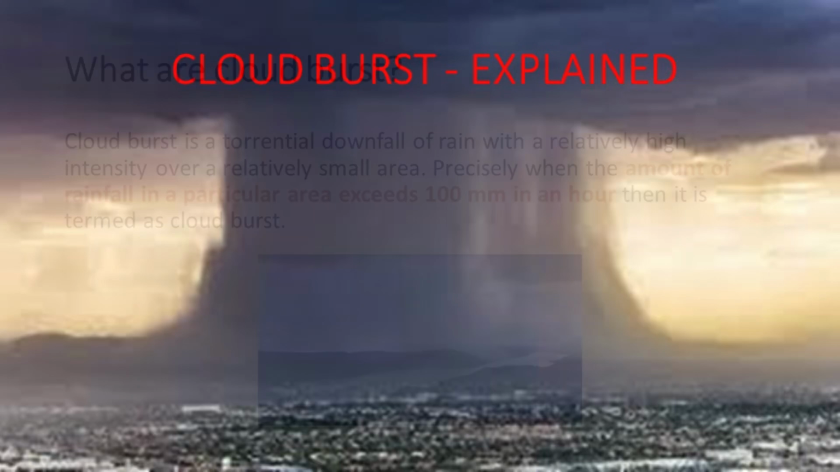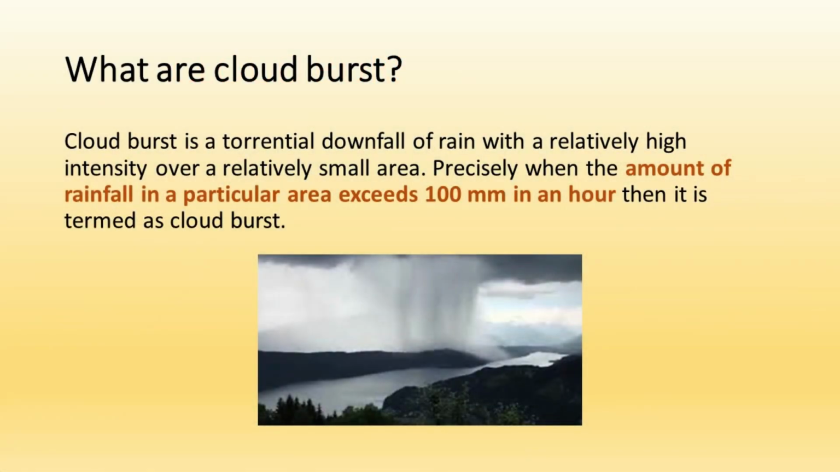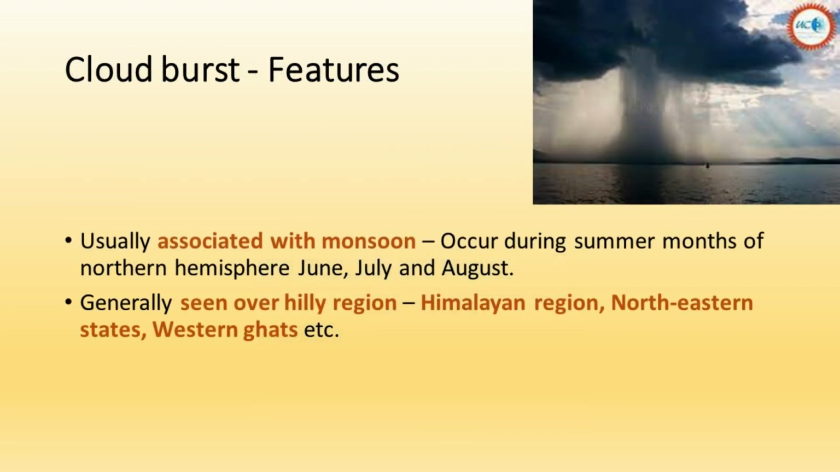A cloudburst is a torrential downfall of rain with a relatively high intensity over a relatively small area. Not all rainfalls are cloudbursts. It is a cloudburst when the amount of rainfall in a particular region exceeds 100 mm in an hour. A cloudburst usually occurs during monsoon season and is seen over hilly regions, especially the Himalayan region, northeastern states and the